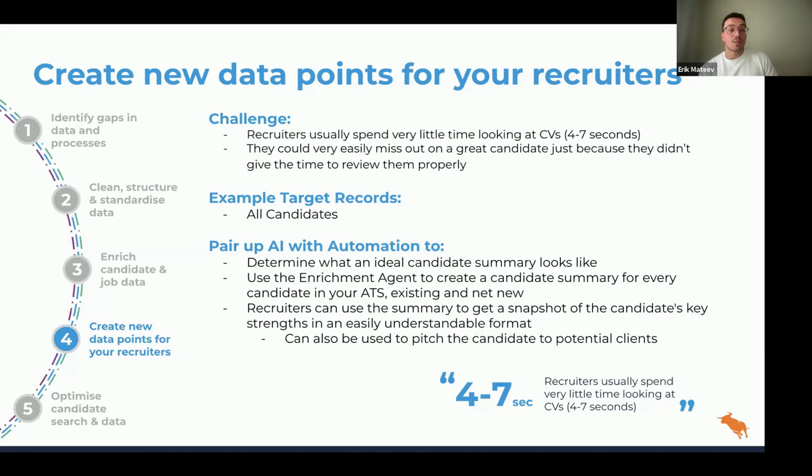Another big benefit behind this, whenever they do want to pitch a candidate to a client, they already have the summary pre-built for them. They just need to copy it and insert it into the email. Or if they're using a messaging agent, that information is already pre-built. So it could be the AI messaging agent that just dynamically includes it for them every single time they want to pitch someone.